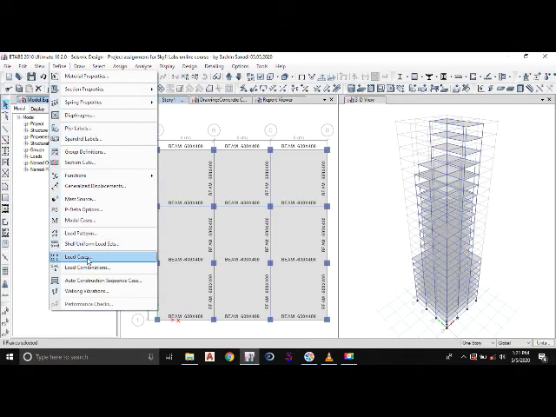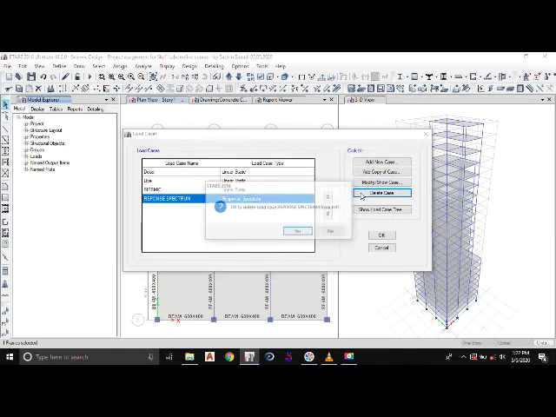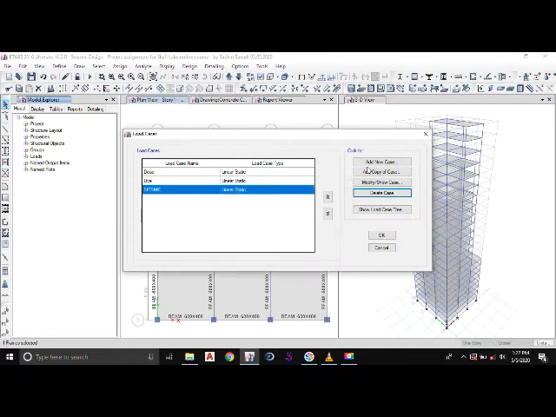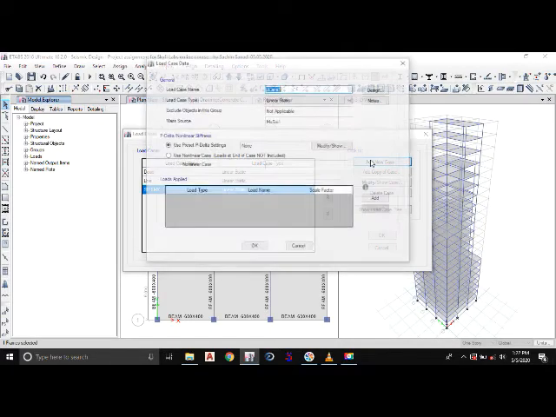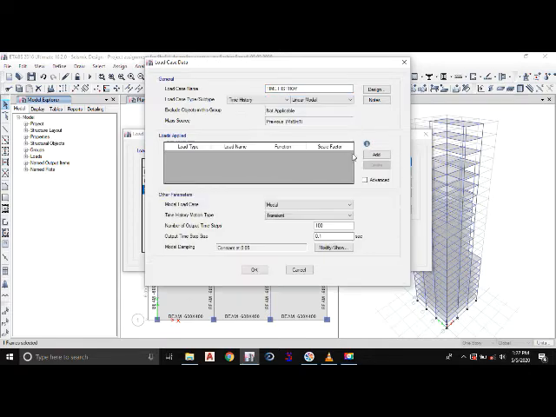Then I'll go to define, I'll go to load cases. Since we are analyzing the building for the time history analysis, I have to delete the response spectrum. So I'll select the response spectrum and delete that case. And then I'll go to add new case, and here I'll select the time history. Then in the load case type, I'll give the time history.